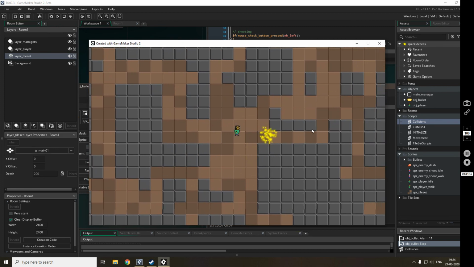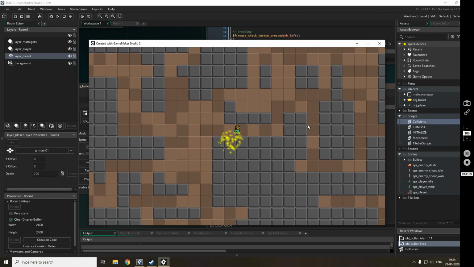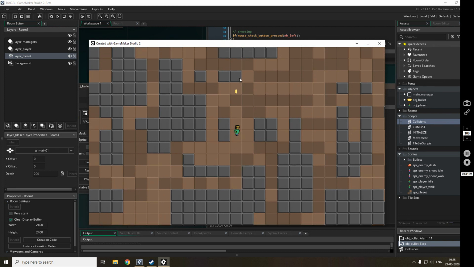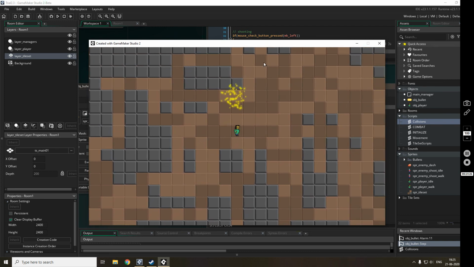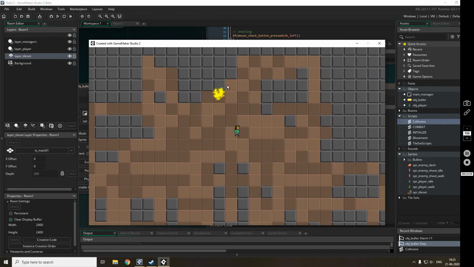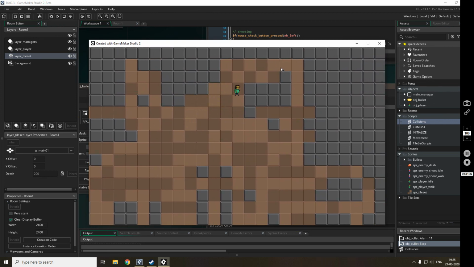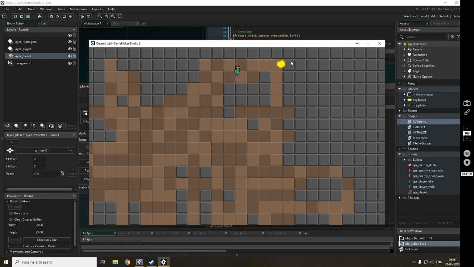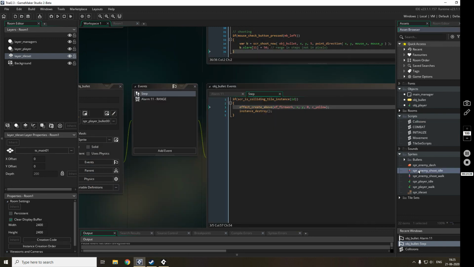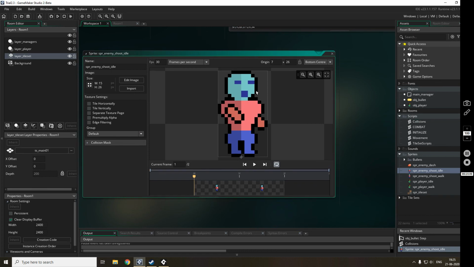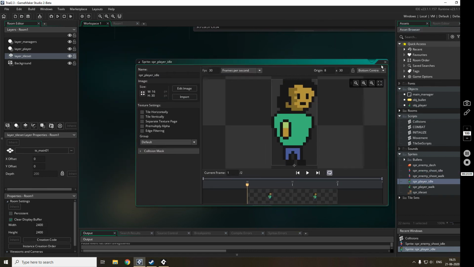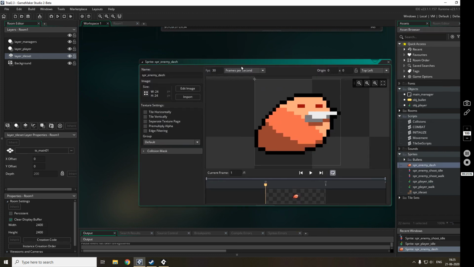In the next video we'll be implementing enemies, at least the enemy movement, or maybe we'll first implement an enemy that will shoot towards the player while staying in its place. That will be simpler, it will not take a lot of time, and after that we'll implement its movement. So I am planning to implement two enemies, and I have created the sprite for both. First one is this, and another one is this.